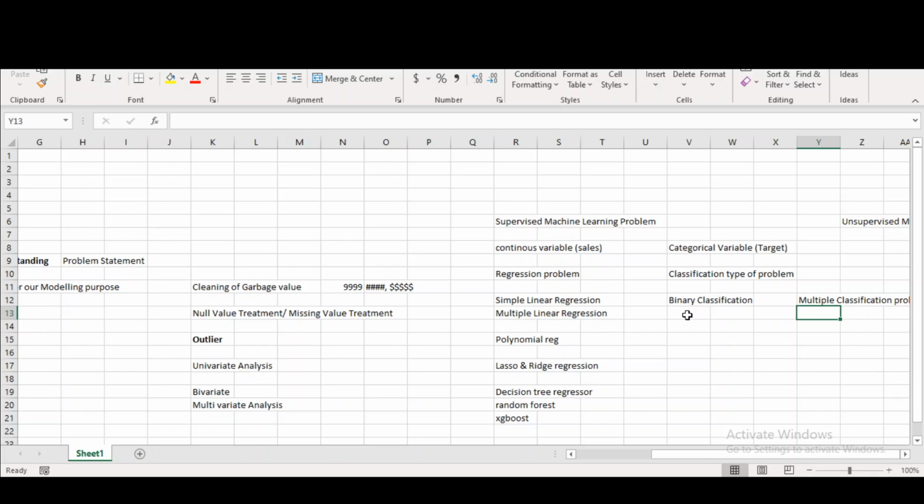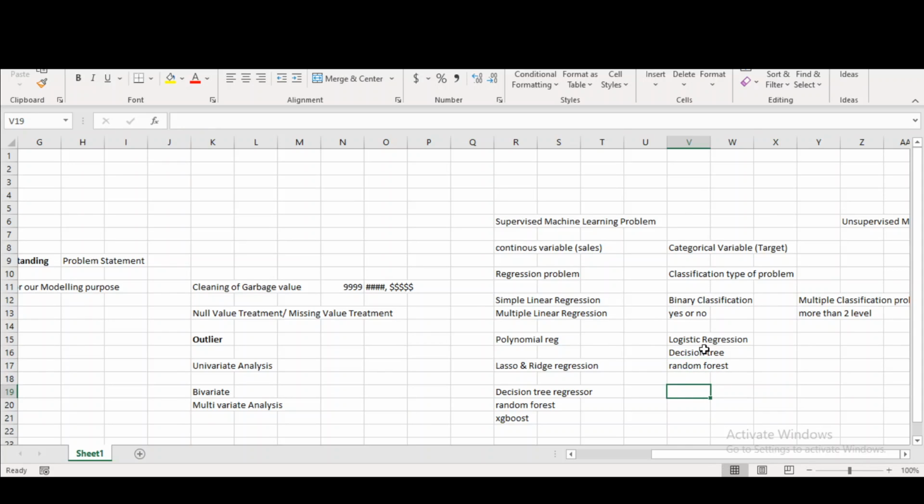In binary we have only two values, either yes or no, but here we will have more than two levels. These also we can solve with the help of algorithms. Here we follow logistic regression to start with. We can go with decision tree, and we can go with random forest.